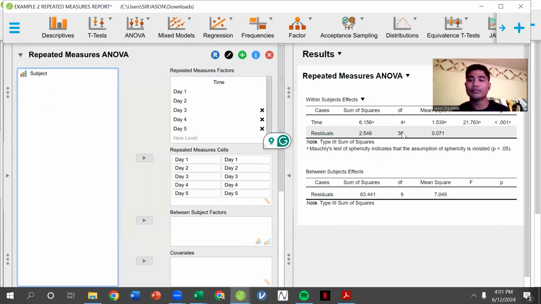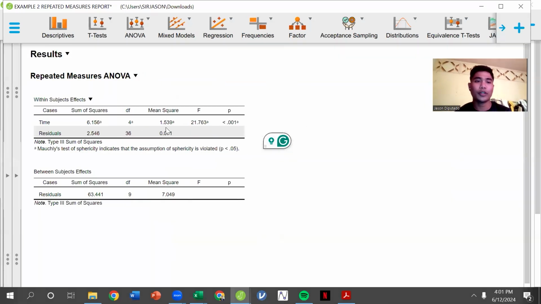After that one, you will look for the result. So we have here p-value is less than 0.001, so it is less than 0.05, which indicates that there is a significant difference between the 5 days. There is a note here that